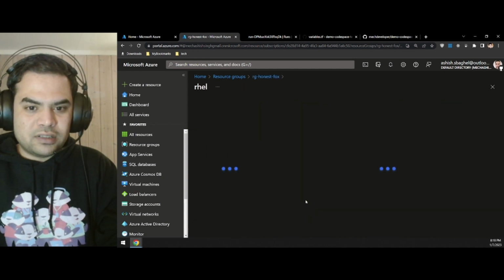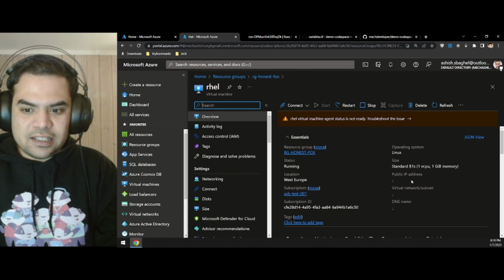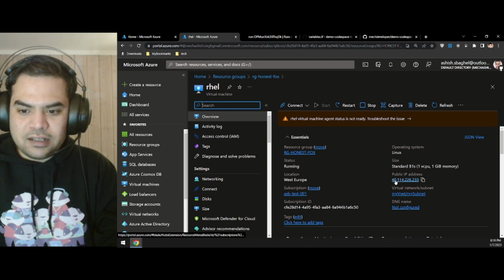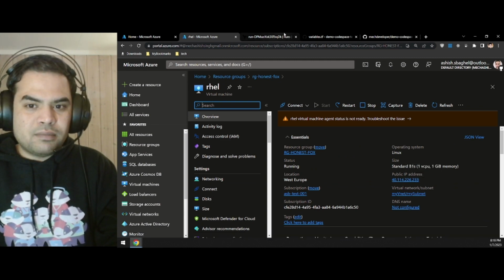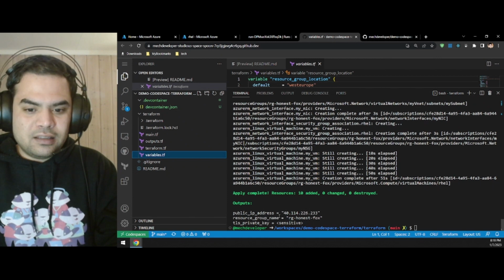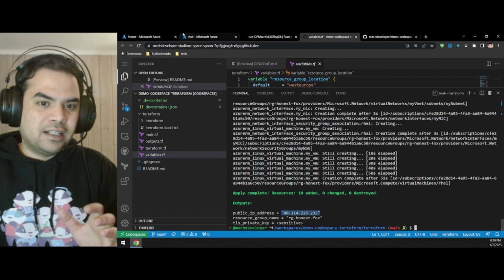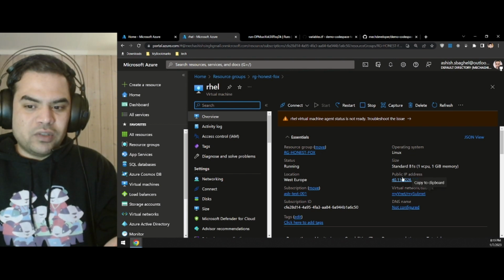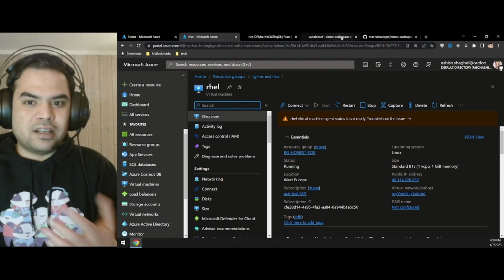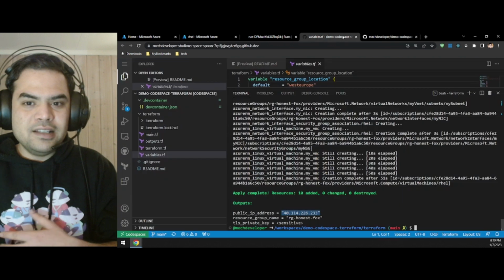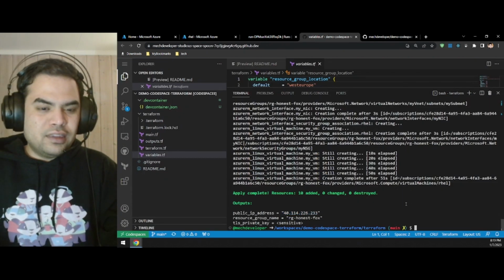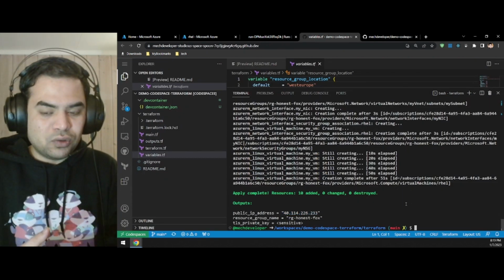I can go to this RHEL virtual machine, I can check for the public IP, and I can see that this public IP address matches exactly the output which is available here. So we are now sure that the virtual machine which is available here in Azure is created by Terraform. This looks perfect. So the next thing we want to do is check in this template